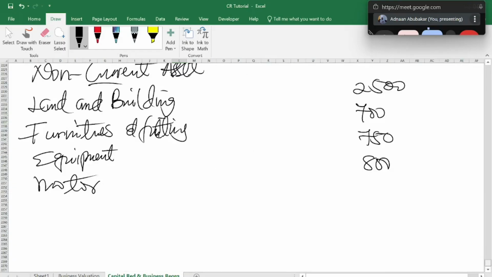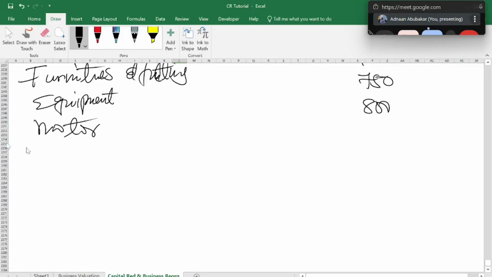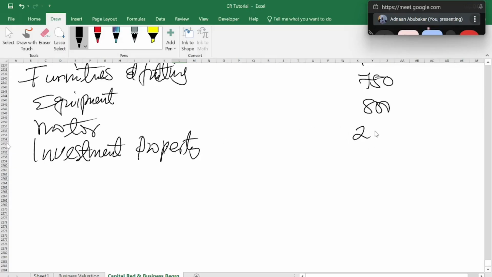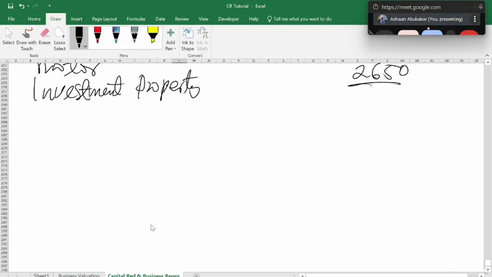Okay, that's fine. Now we are done with this one. Gold will not come, and so on. We will have investment property there. So investment property is how much? Investment is 2650. 2650. Good. So we are done with what? With non-current assets. Now let's go to current